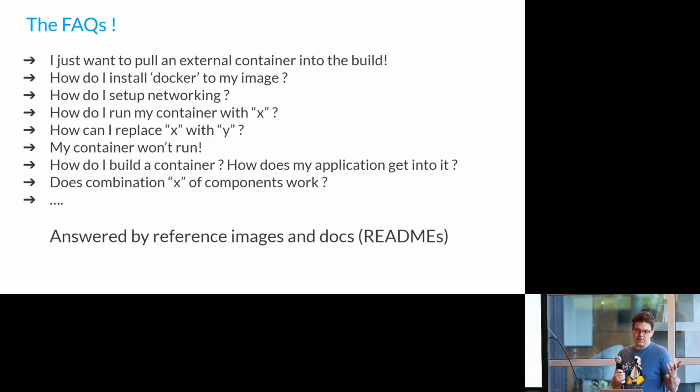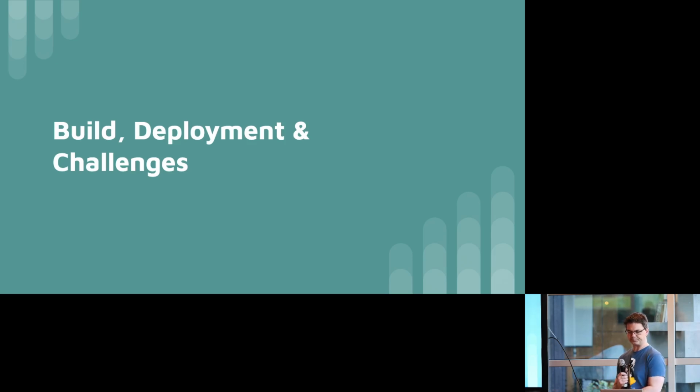How do I install Docker to my image? I had somebody asking that. Well, that is documented in meta-virtualization. It should just work. His init was seg faulting, and it wasn't really Docker. That was his part, so I was helping him debug that. Anyway, these are the sort of things where the goal is to get the reference images and the READMEs and the stuff in meta-virtualization better to answer it, so I don't have to, and get that cross-container install done, because every 6 months somebody pops up and says they want to do it.